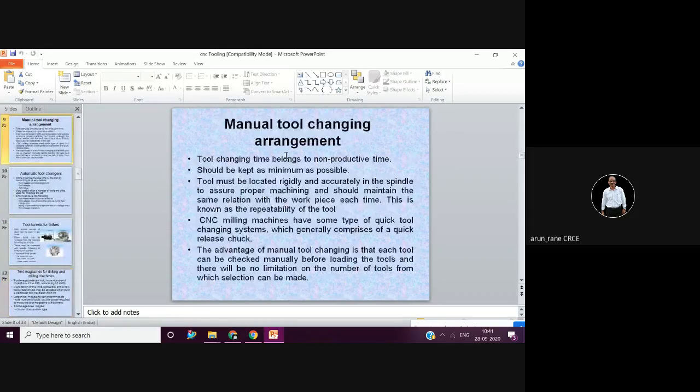Then tool changing. Now you can do the tool changing manually or you can go for the automatic tool changer. When the tool changing time is very short, like suppose the component है उसके ऊपर 20 टूल लग रहे हैं। तो पहला टूल आया सेंटर ड्रिल किया, देन सेकंड टूल डायमीटर 5 का ड्रिल, देन डायमीटर 10 का ड्रिल, देन डायमीटर 20 ड्रिल, देन डायमीटर 30 ड्रिल, then you have boring bar, then rough boring bar, semi finish bar, finish boring bar.